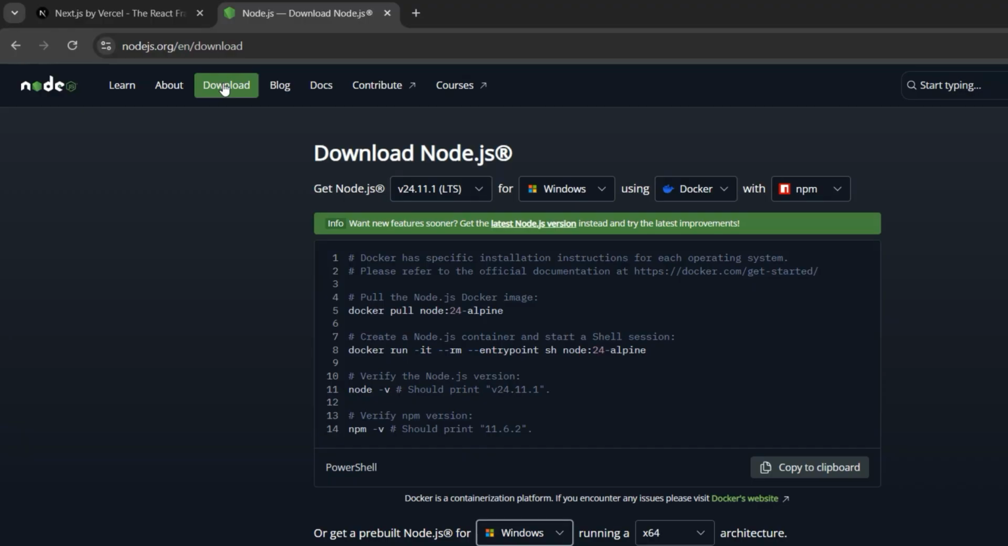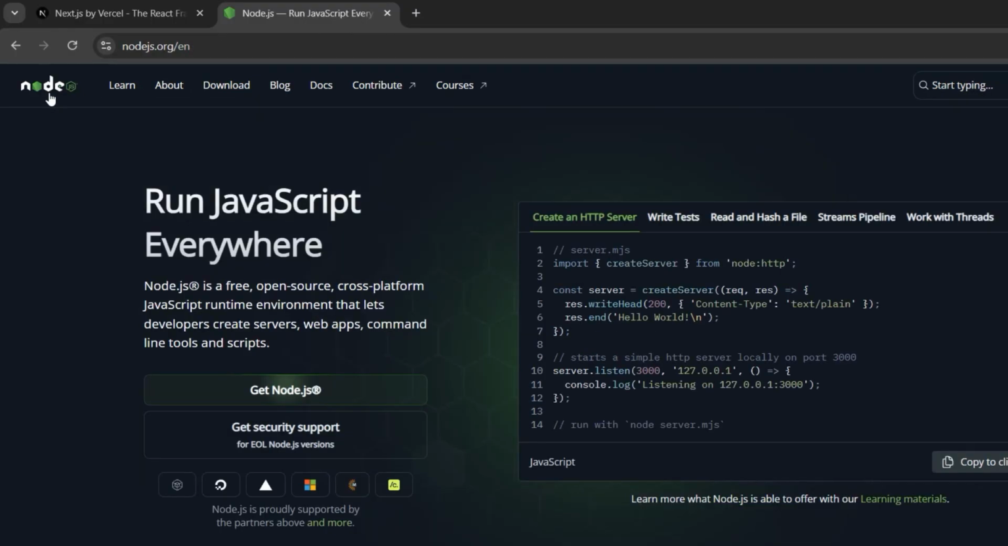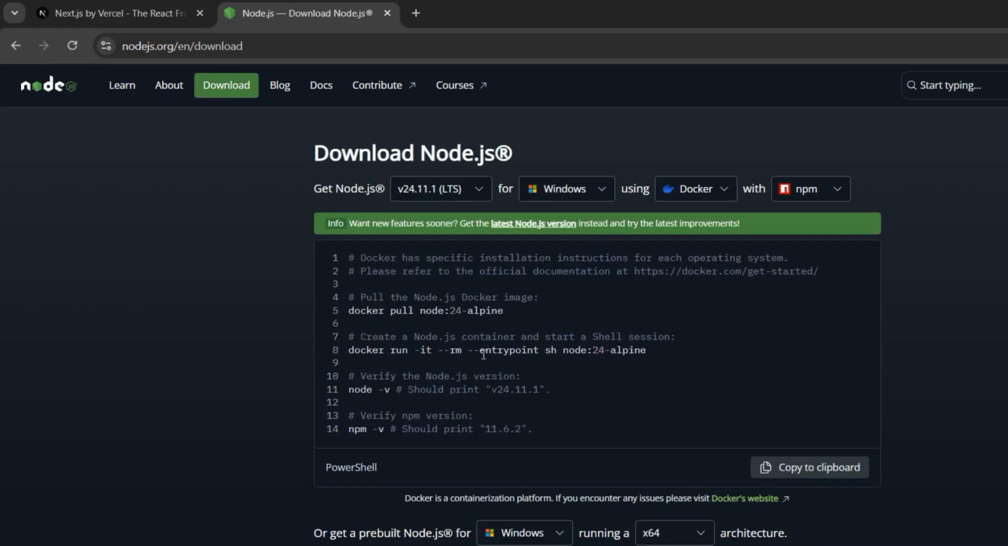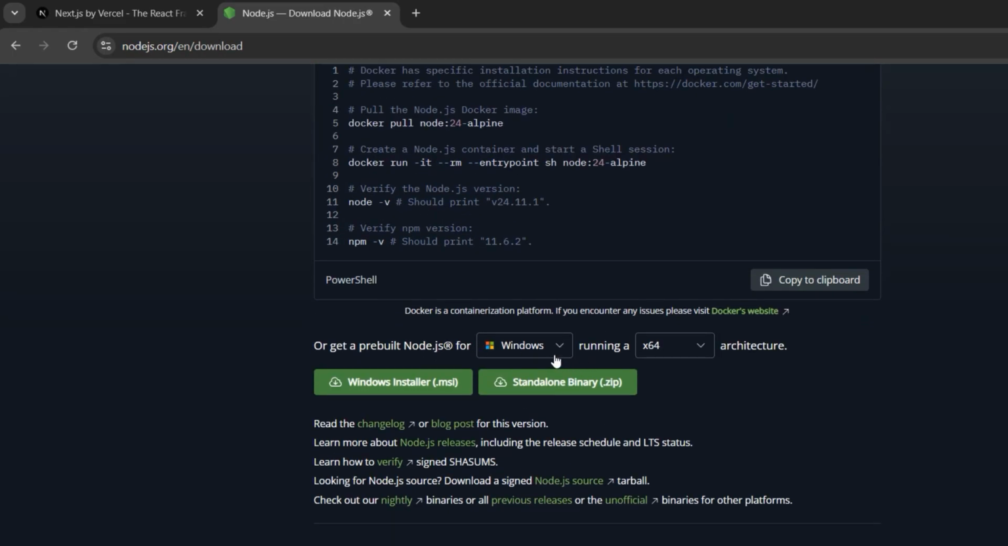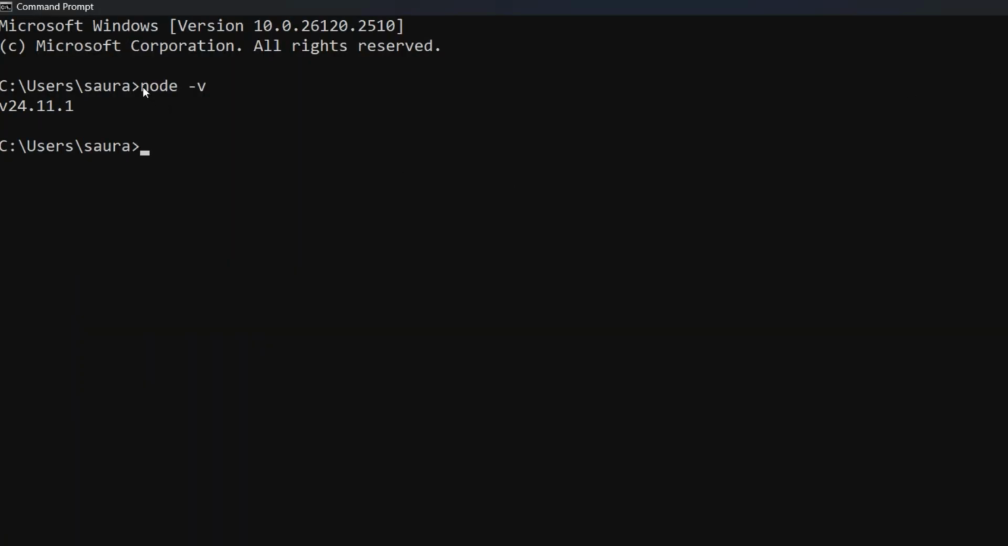to the download page. When you visit this website, you will see a page like this. Go to this download section, and after that scroll down and choose your operating system. By default, this website automatically detects your operating system. As you can see, it is Windows. But when you click on this, you can see macOS, Linux, and then choose your operating system and download the installer file. After downloading, come back to your terminal and again run this command node -v, and it will show the